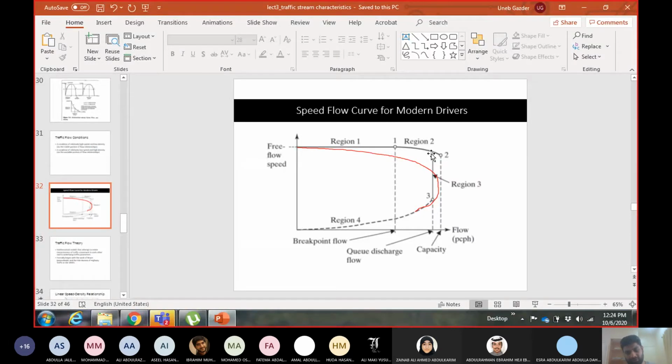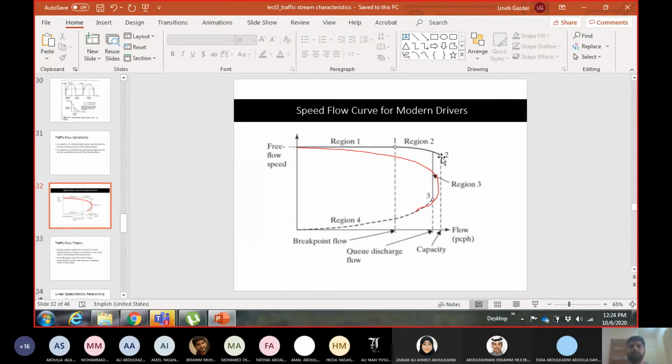So you can see the curve here up to point 2. Now what is point 2? Point 2 is capacity. Now, how much is the difference between breakpoint and capacity? Very low. So, modern drivers tend to maintain high speed until they are very close to the capacity of the road, because they can still see the spaces and they keep on changing lanes and overtaking to maintain their high speed. But there is a time when they reach close to the capacity, their spacing becomes very low, and then they start to reduce their speed up to point 2.